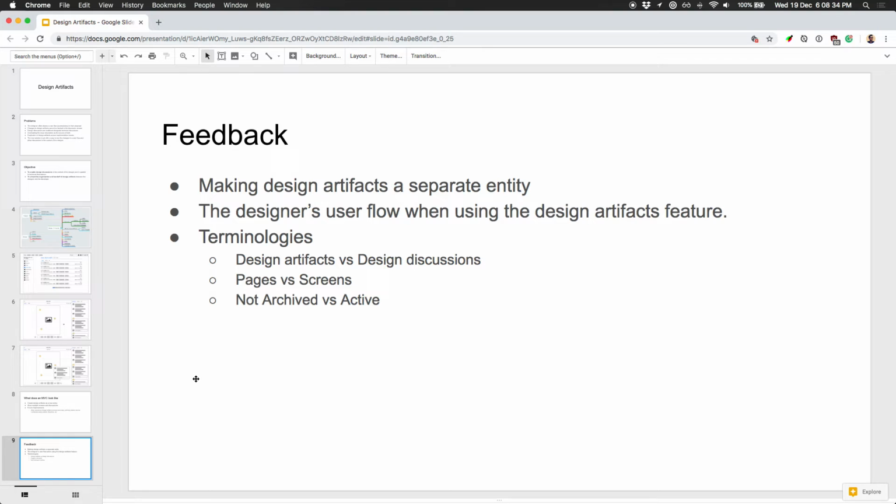Feedback. These are some of the key decisions, and this is where I would very much like feedback. First, this is a rather major one, which is making design artifacts into a separate entity and not overloading the issues feature or piggybacking on the issues feature. I thought long and hard about this, and the main reason is the fact that user stories need their space to develop, and sometimes